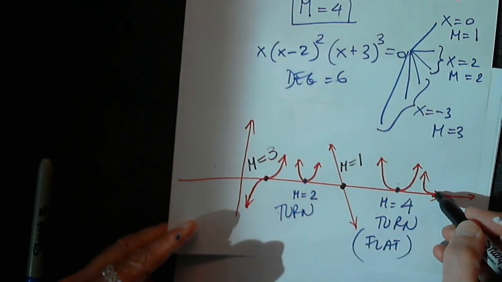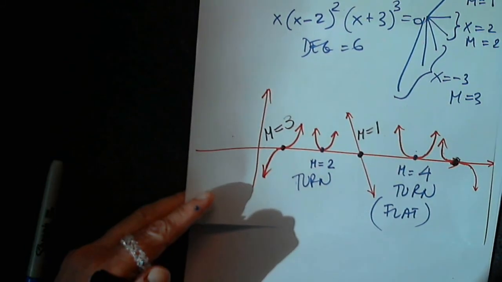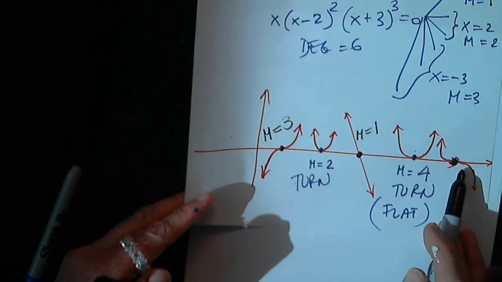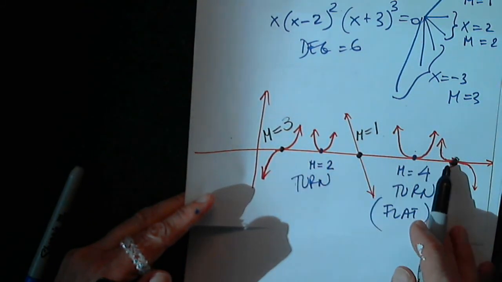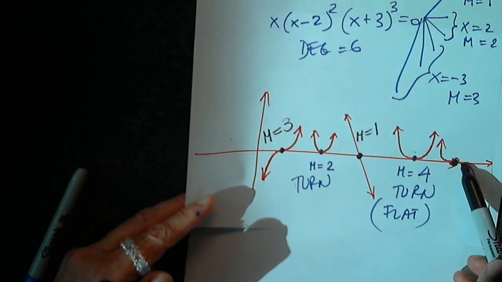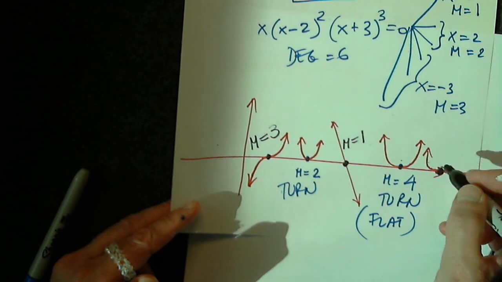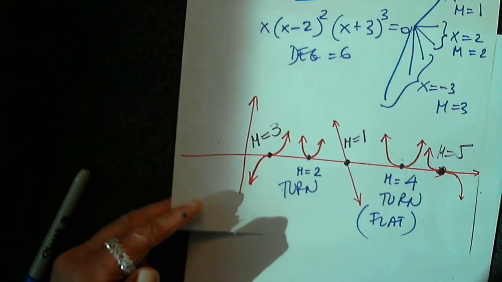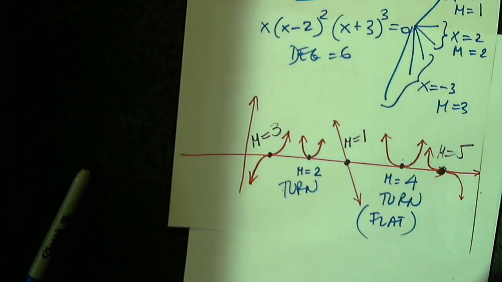Finally, what do you think this one? By comparison to this one? So this is slow, but this is way slower. Exactly. Multiplicity 5. So in short, oh, I'm sorry. If this